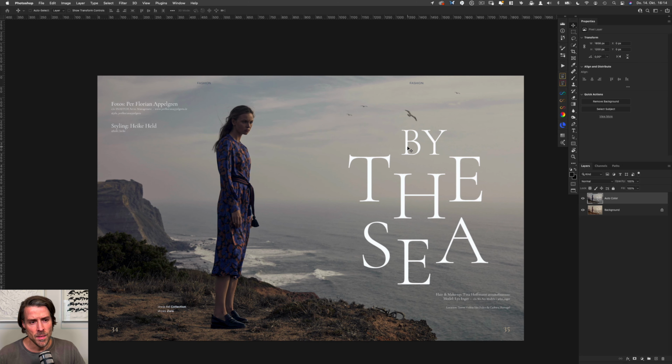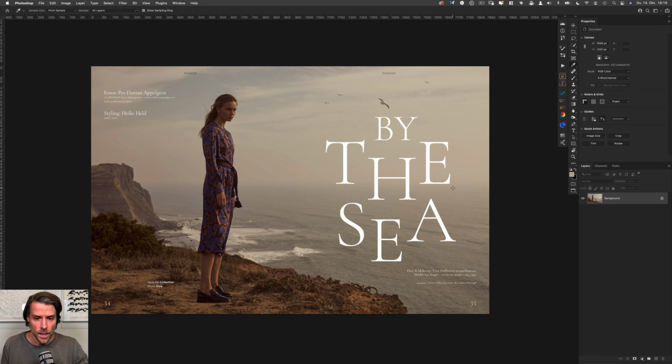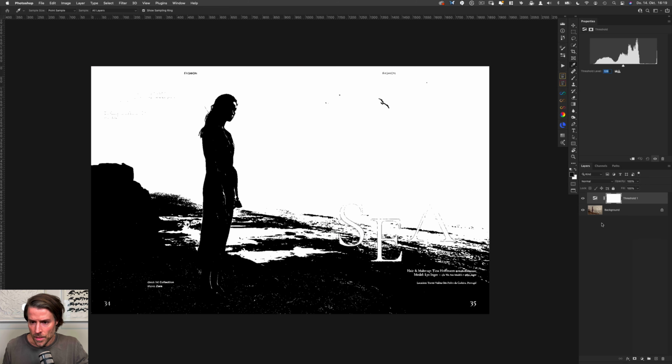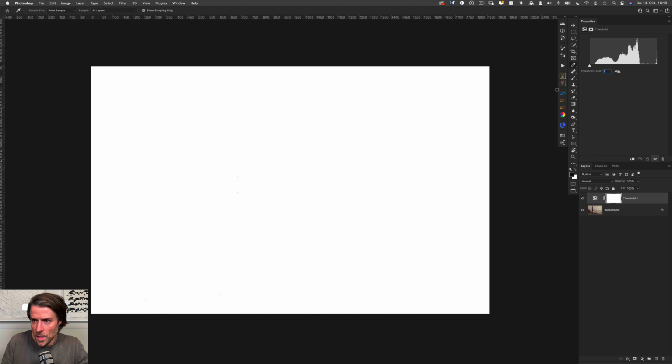But this is something that you, once you do it, cannot apply to another image. So this is an automated action that gets you a result for this very image, but you cannot transfer it to another one. And the thing that you can do is grab a threshold adjustment layer, throw it over the image, move the